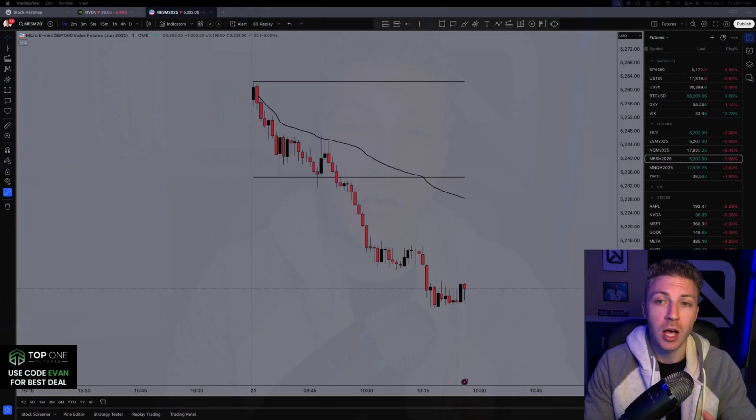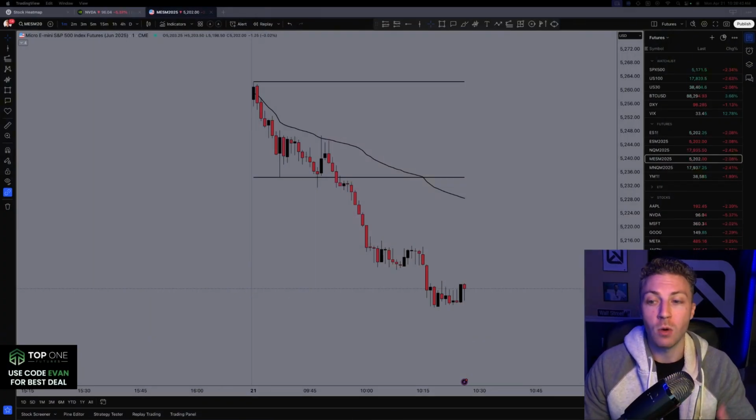What is the VWAP actually telling you? We can't just solely go based off of a VWAP break or a VWAP bounce. We have to look deeper into it and ask, what is the VWAP actually telling me in this moment? That way we can get more picky with our trades and not just be taking every trade that possibly presents. Let's look at the chart right now while it's still moving.